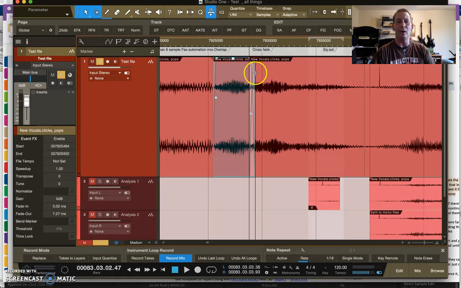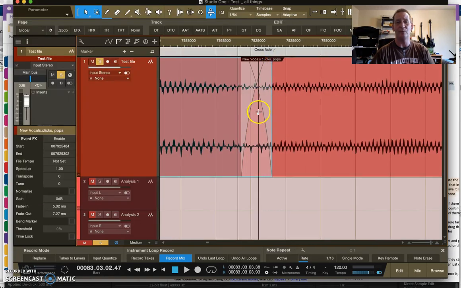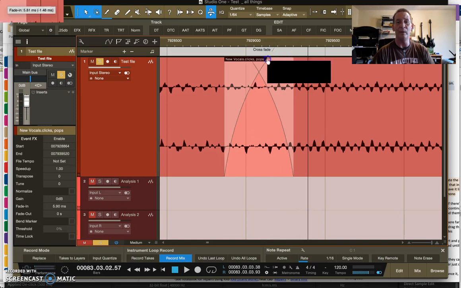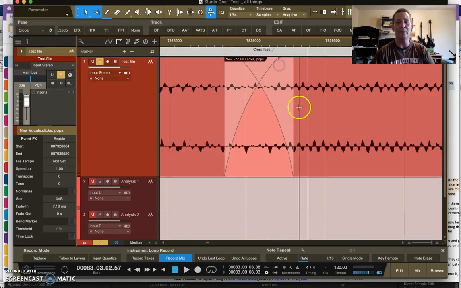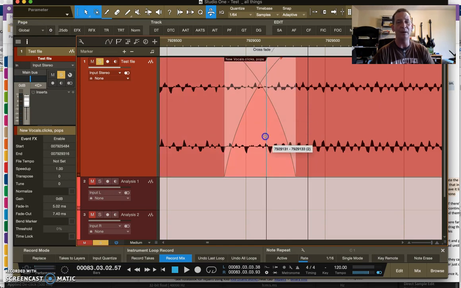Autofades can be another problem, because if you've got crossfades, things like that, you might have to fuss with this. You've got this crossfade going on here, but it's got a click. So what is going on? What do I need to do here to fix this autofade? Do I have to move the thing around some? If something's happening, I stretch it out some. I bring these up or down, trying to fuss with this crossfade